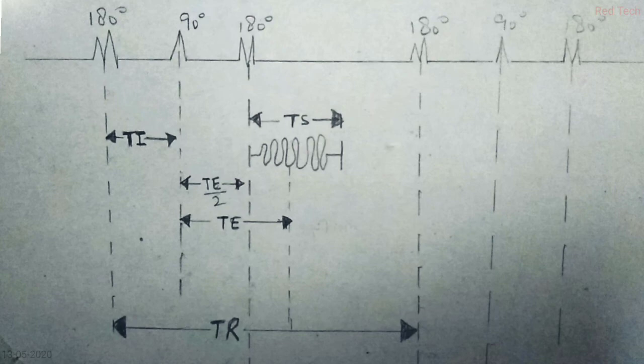And when we turn off the 180-degree pulse, it also starts dephasing and releasing some energy. This is basically the time of echo: from when the 90-degree RF pulse is off until the 180-degree RF pulse is off, that whole time is the time of echo. In that time the echo is released. And when we apply the inverting 180-degree pulse again, that is called the time of repetition, the time at which the sequence is repeating.